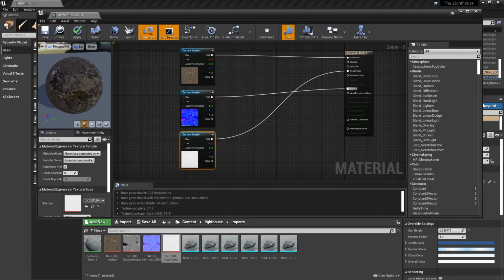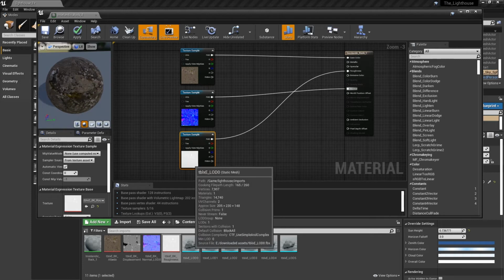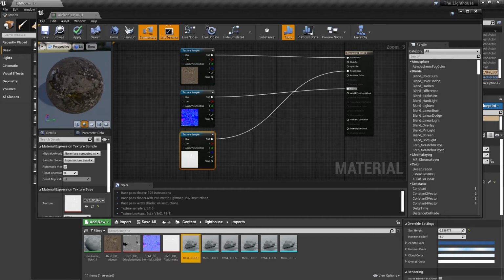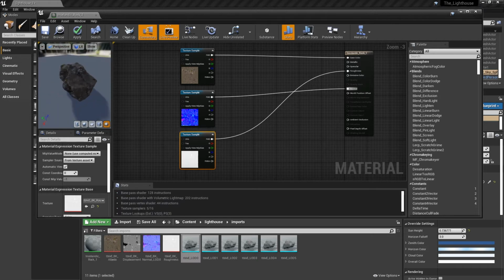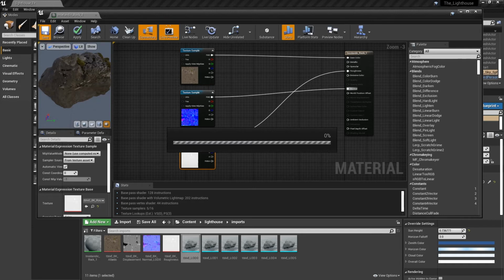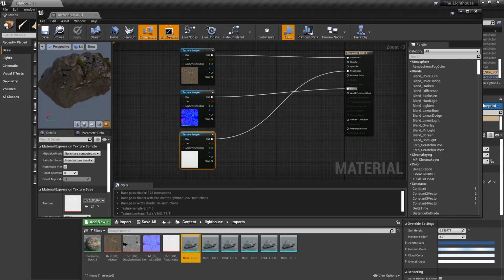But what if I want to see what it looks like on the rock? Well, if I just click on my rock here and then click on this teapot, that will allow me to see what it looks like actually on here. And as you can see, it looks pretty detailed, which is nice, because of course these are all mapped, so it's going to go on properly. Okay, well that looks good, so I'm just going to click save,